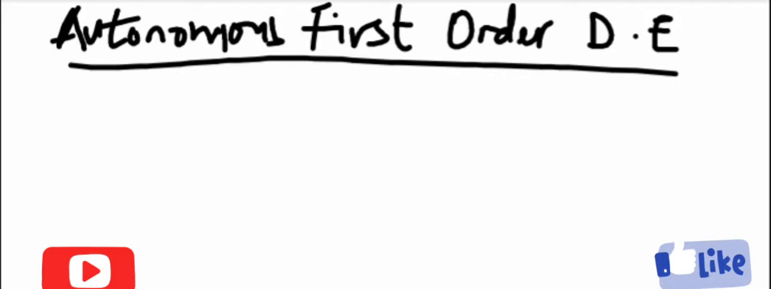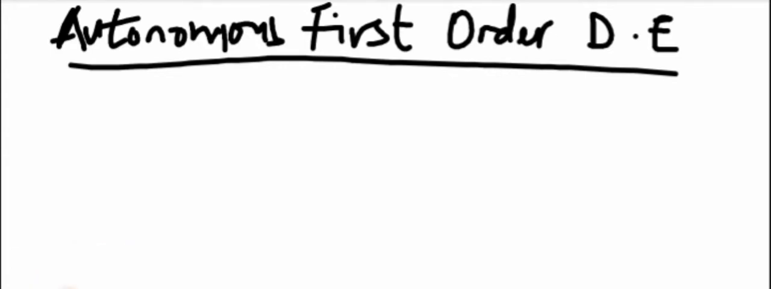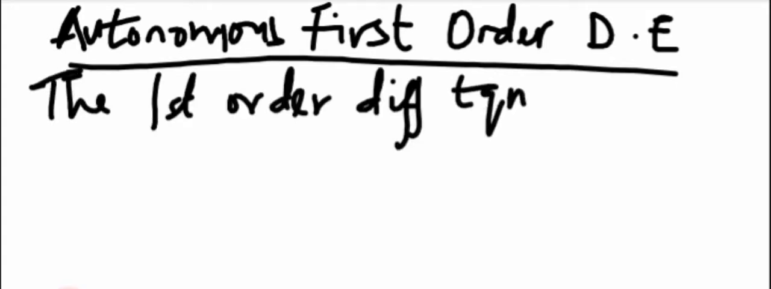We're going to learn how to sketch first order ODEs that are autonomous. So what does it mean for a first order differential equation to be autonomous? A first order differential equation is autonomous